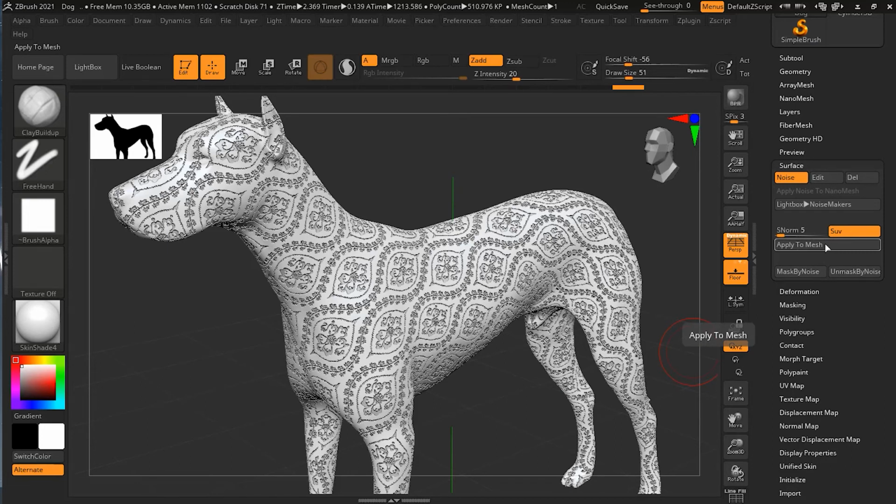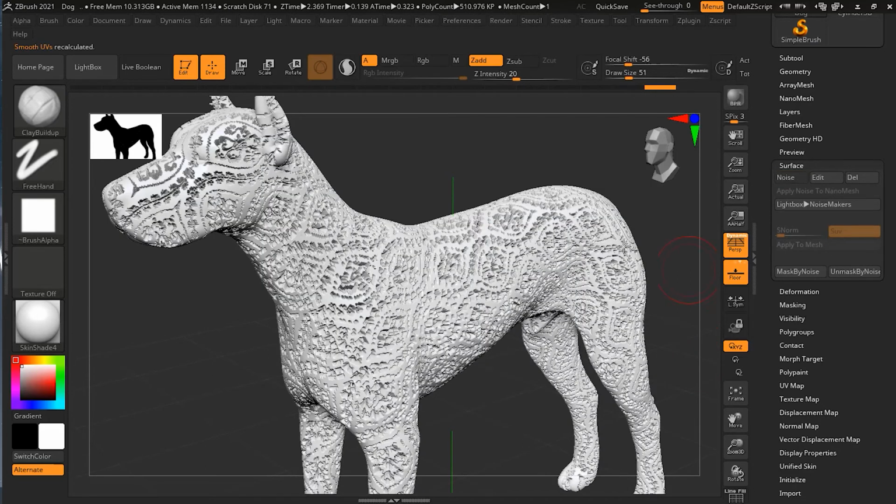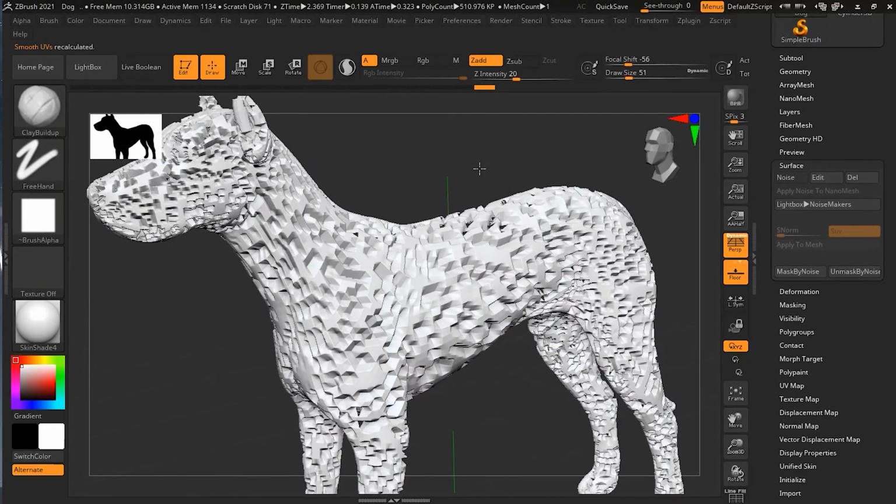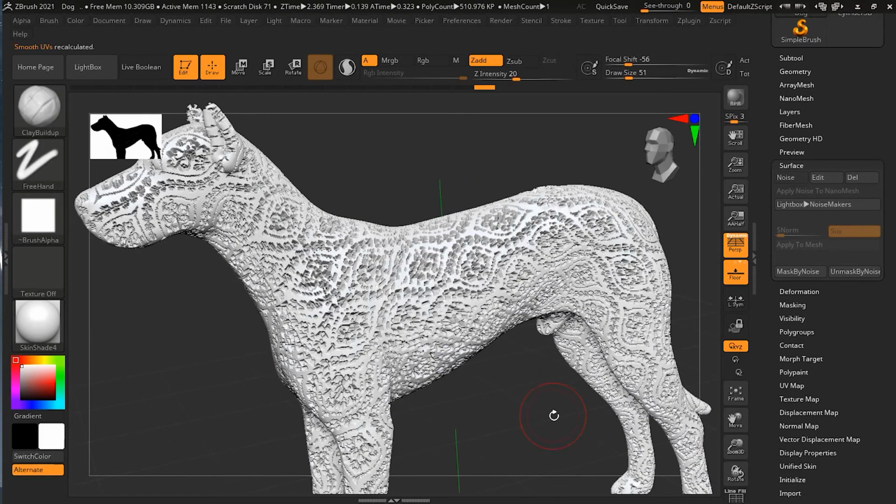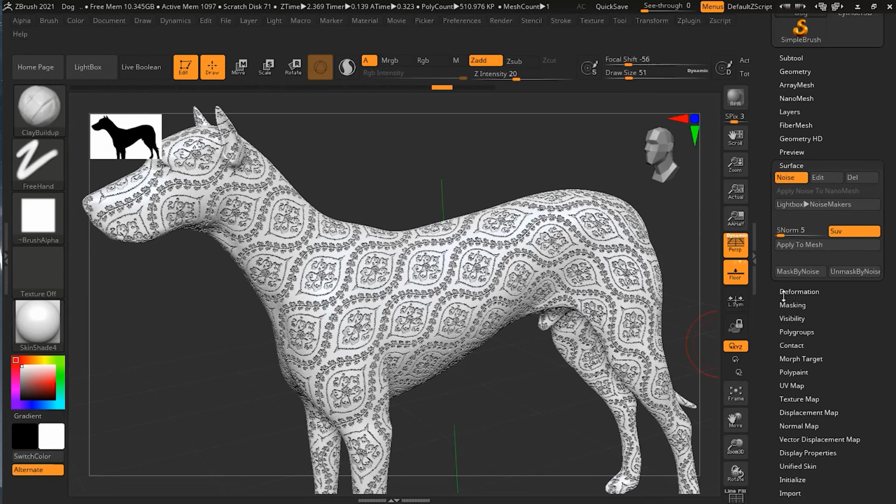Depending on how much subdivision level you have, it will apply accordingly. Once I press this, you can see that this is how it has applied on my model here. Because I didn't have a lot of subdivision levels, I got this kind of effect here. So if I undo this one, and then press Control D two or three more times,